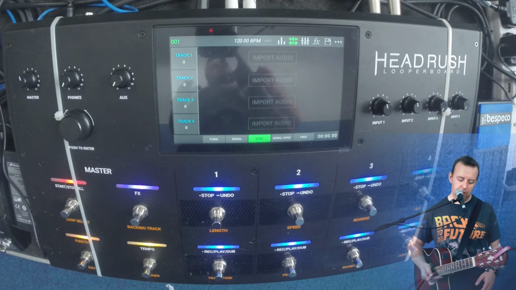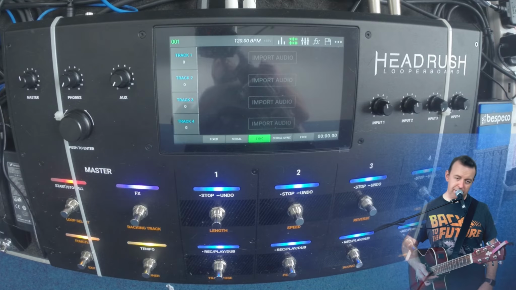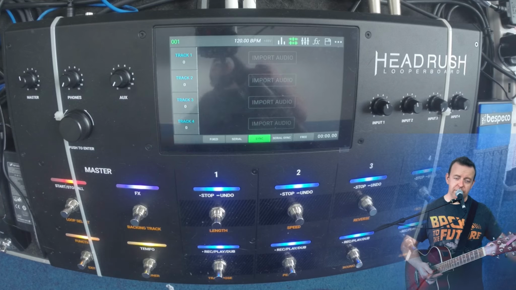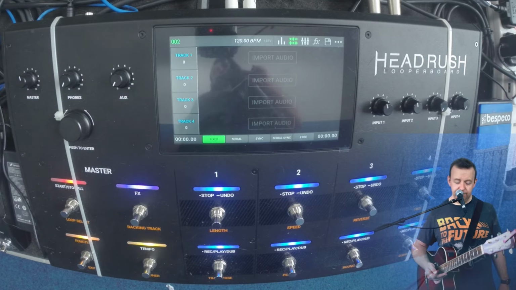Now with the 001, I've actually set mine into sync mode. The reason for that is because there'll be a couple of songs I need with a short beat, but then maybe a longer chord progression. If we go to 002,